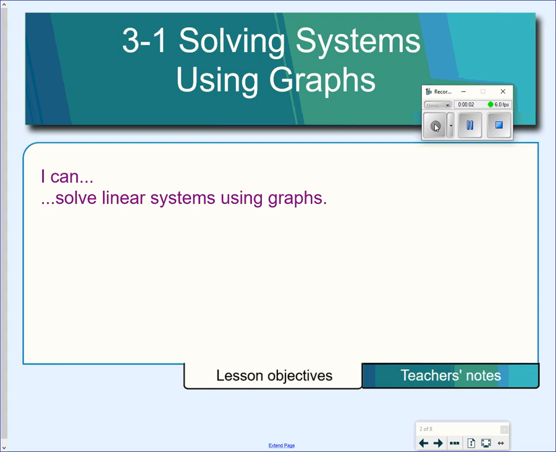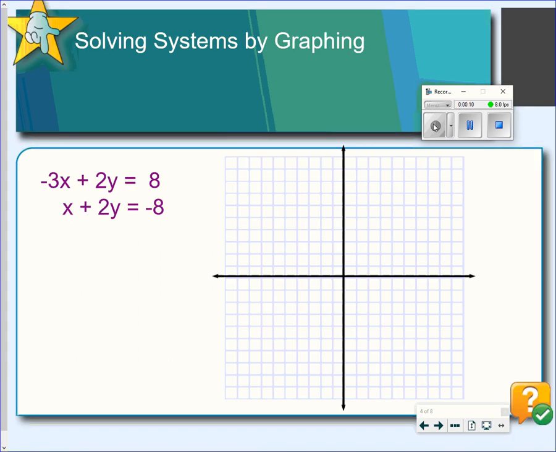This is lesson 3.1. In this lesson, we'll learn how to solve a system of linear equations by graphing. So a system of equations is when you have more than one equation that works together. So in this case, we have two equations, and we're going to graph each equation and find where the two